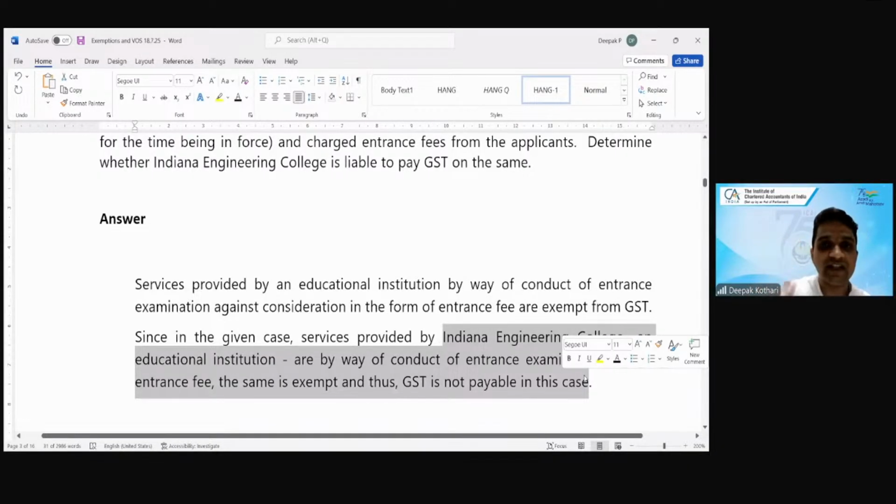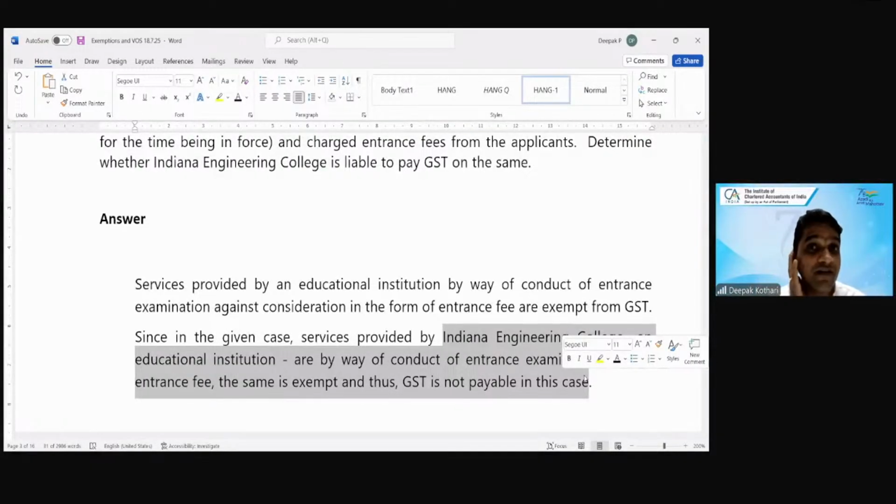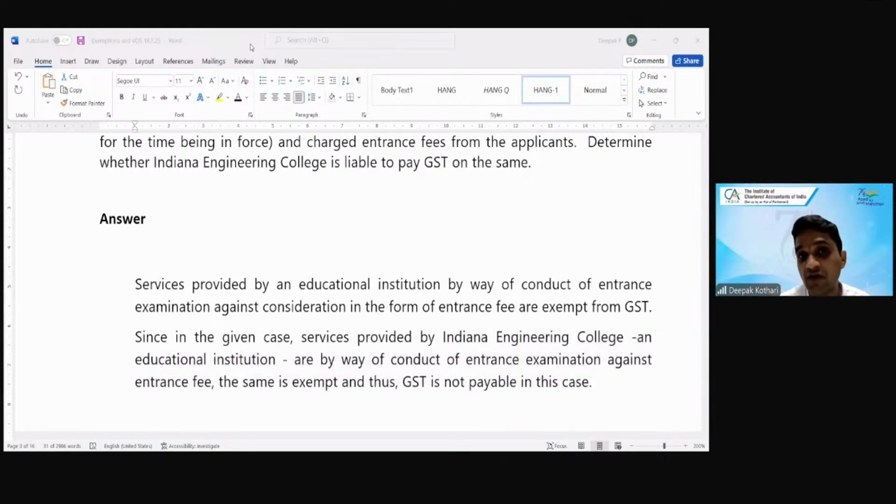So when you're writing yes, no, yes, it is available. So what is available? Be careful, because you can say yes, tax is available, or you can say yes, exemption is available. So you have to write it in proper terms so that the examiner gets what you want to say. You may want to say it correctly, but you may write it in a different manner. So just write it correctly. Yes, so it is not liable to GST.